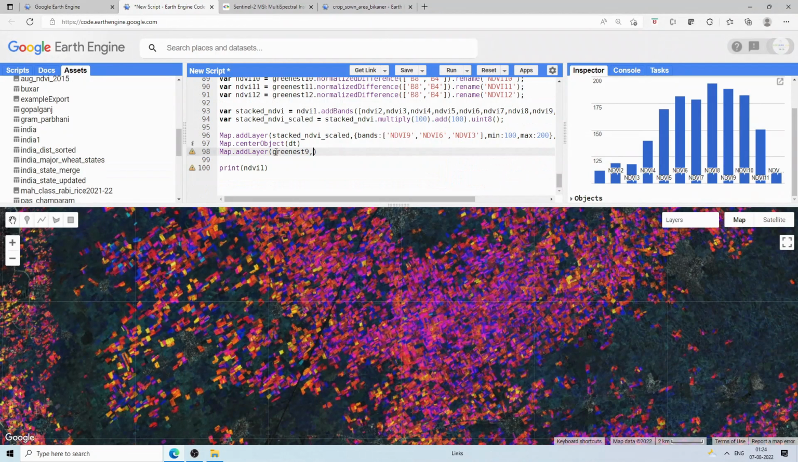This is the February 1st fortnight. So again we will give the bands, and here we're going to use B8. We'll create a false color composite, B4 and B3, and we have to give some minimum and maximum value. Minimum we will give 0, maximum we will give around 4000 or something. It's fine, I think. And we will just give the name to it,